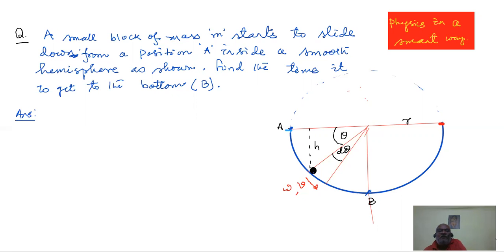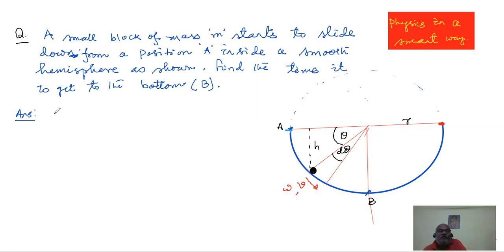So as it is given, and also I have told you, you can consider this as an issue of rotation, but very rarely do we find topics or issues in physics which are not connected to other topics. So this is connected with rotation, of course, because the path that the block is taking will be a circular one. At the same time, we are going to utilize our ideas on work and energy